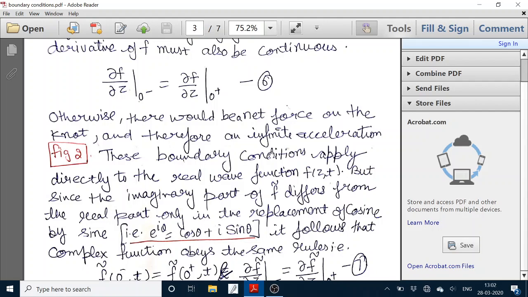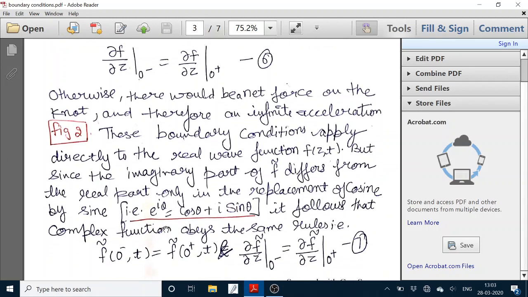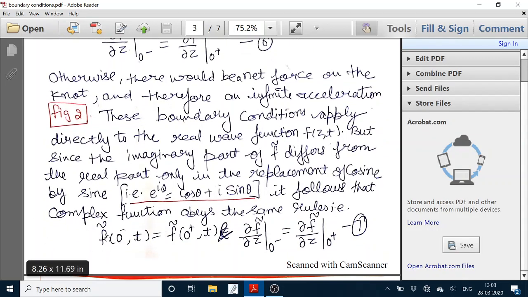The real part of the wave function differs from the imaginary part just by the replacement of cos θ and sin θ. So if the real part obeys the boundary conditions, then the imaginary part also obeys them, and therefore the complex function also obeys the same boundary conditions,